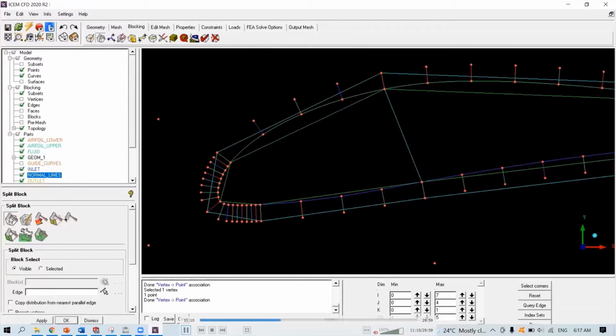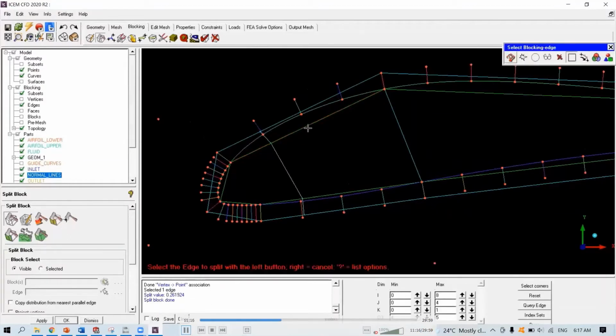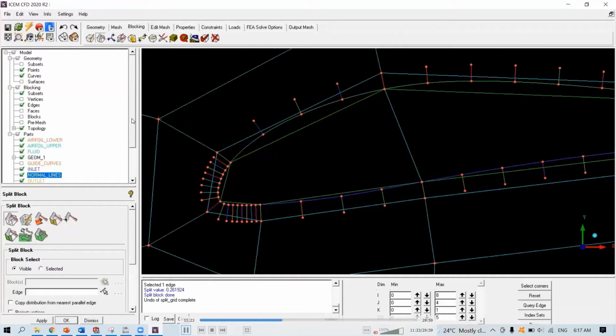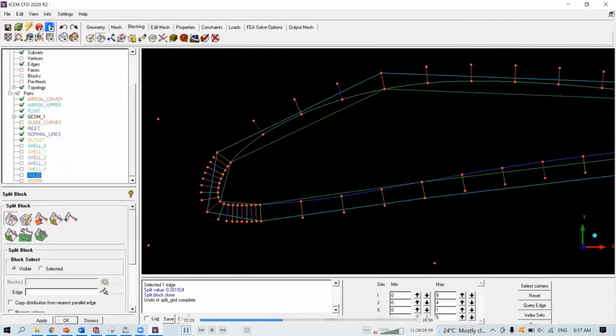I can just split only what is visible on the screen. Okay, just try to locate your, oops, I think I'm gonna hide my solid right now, and then just hide the blocks. Yeah. Okay, split.